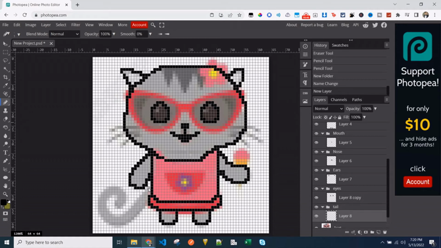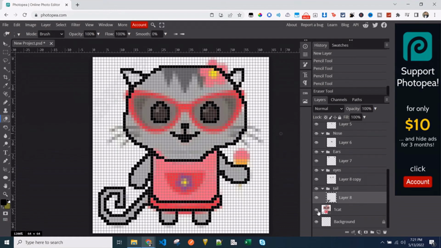Next, create a folder with the name tail and let's outline tail in the new layer. Next, create a folder with the name specs and add a layer to outline specs.